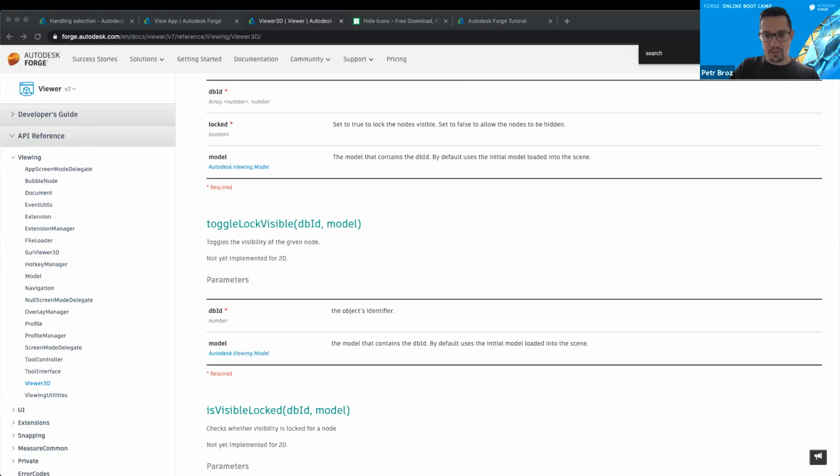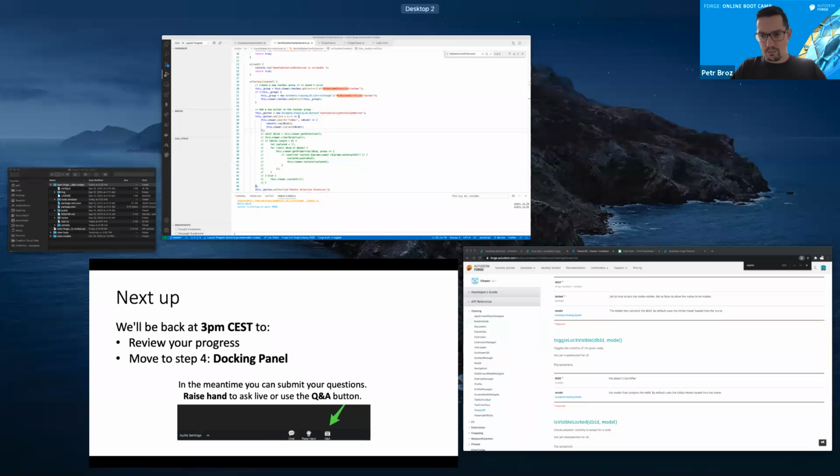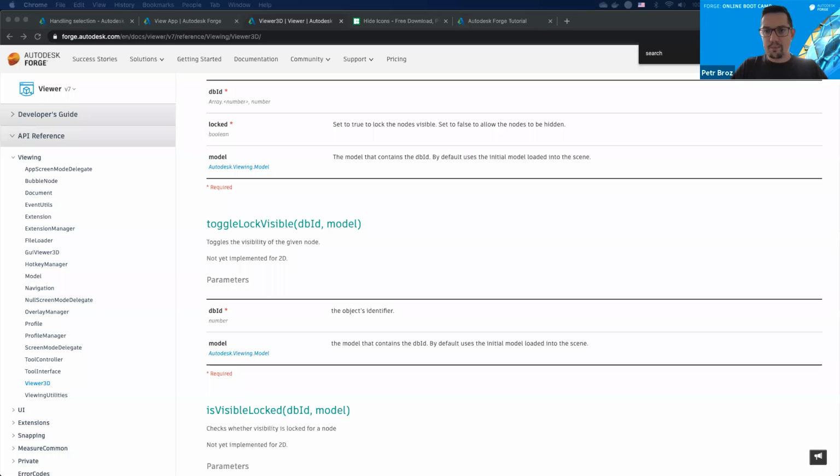There is a question. I'm struggling to get the icon showing in the toolbar for the handle selection extension. Trying to find out why it's not showing up. So one thing you'll want to check. Now, give me a second. One thing you'll want to check